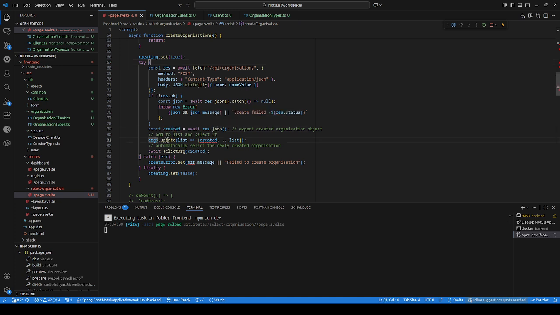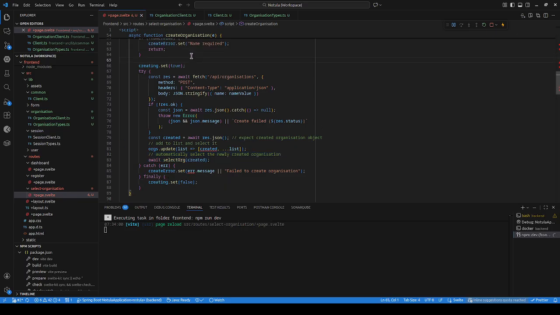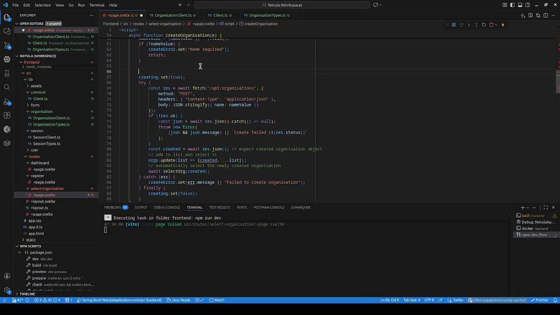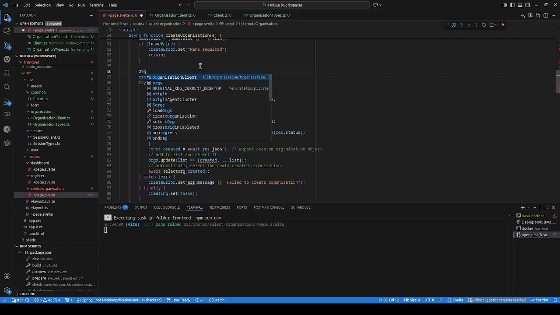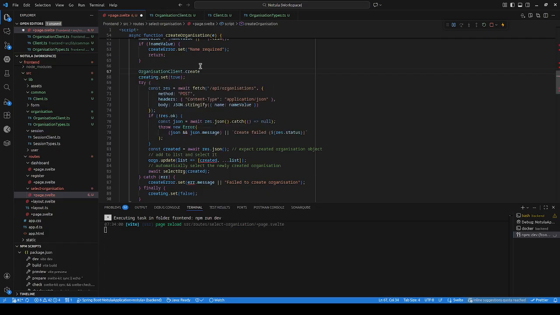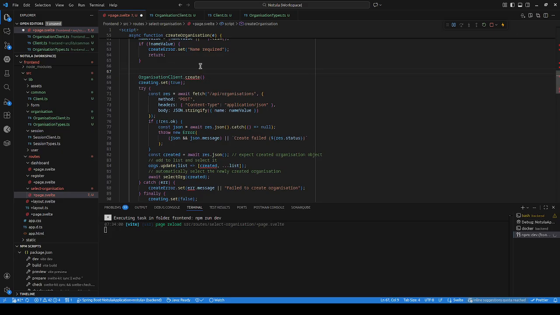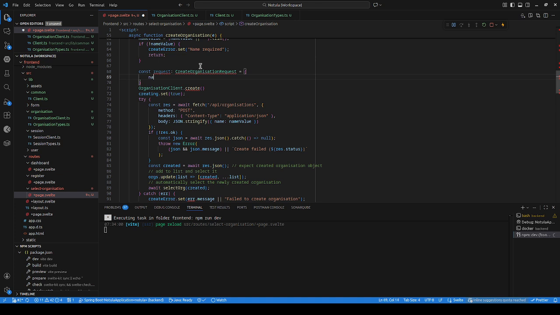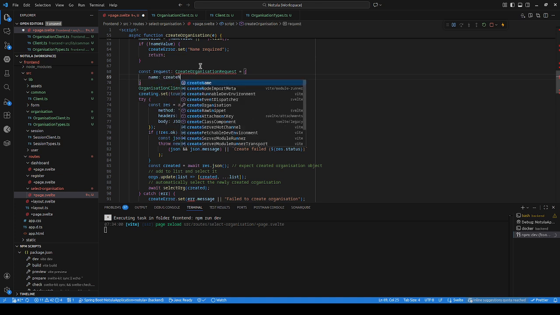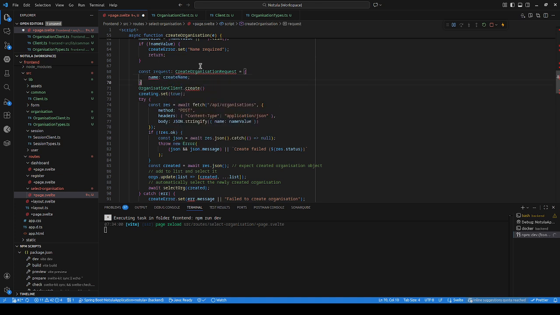Created orgs updates, automatically select a newly created organization, select, yeah. Okay, creating set false. This is probably what we want still to do. But so here it will be the organization client dot create, and then here I say const request of type create organization request, and there it will be name create name, I think, called,